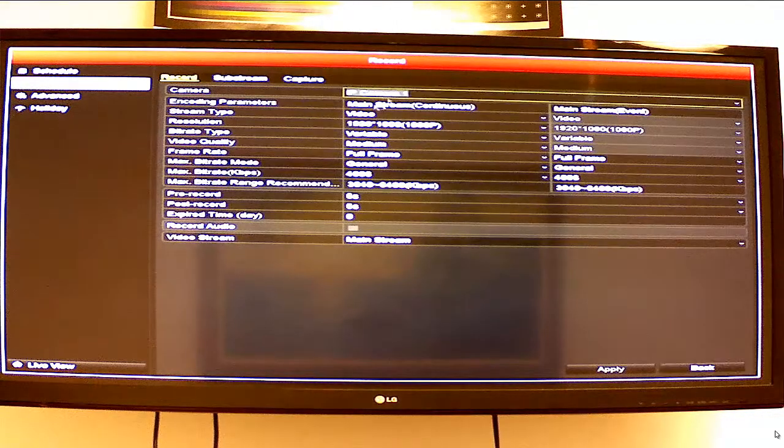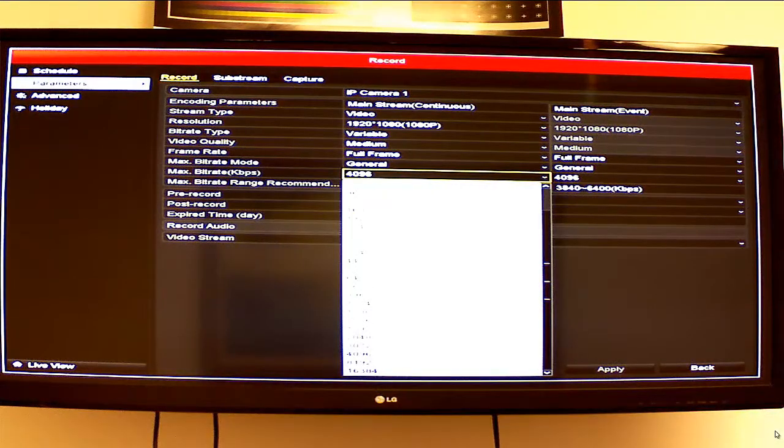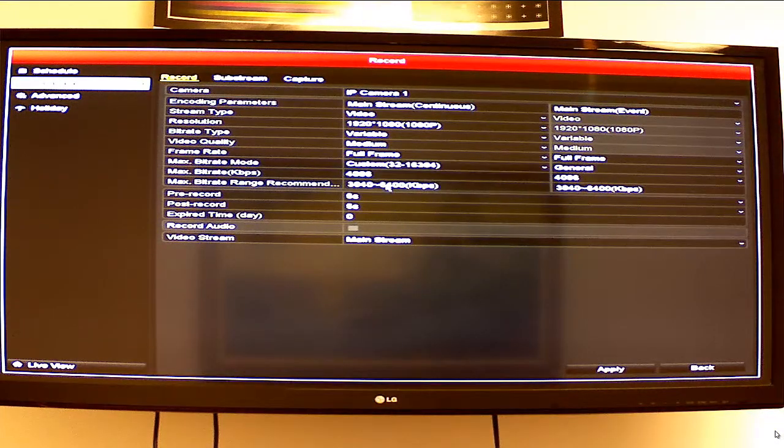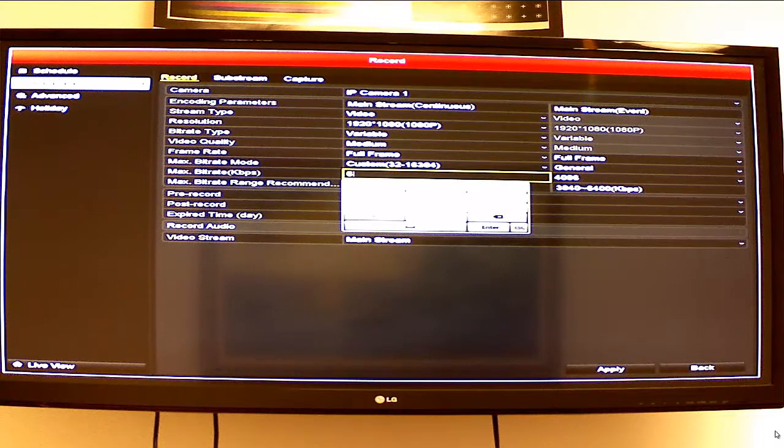Parameters lets you choose the encodings, primarily with a 1080p. You'll want to allocate at least 4 megabytes to it. You can even go up to 816. Here I can do customize. I can enter in my own numbers. Say I want to just do 6,000 megabytes,